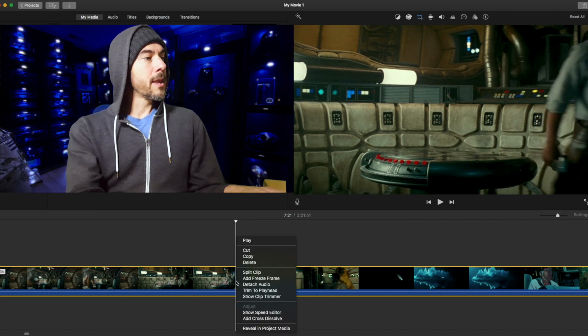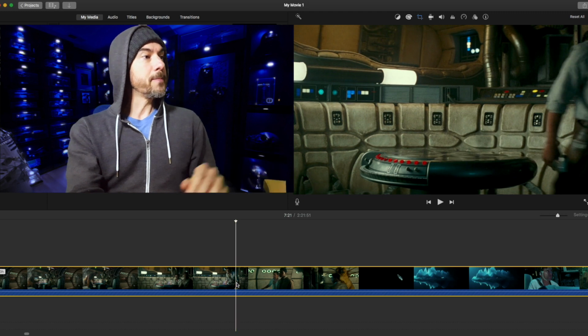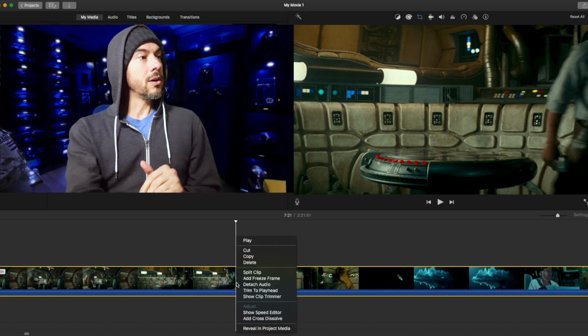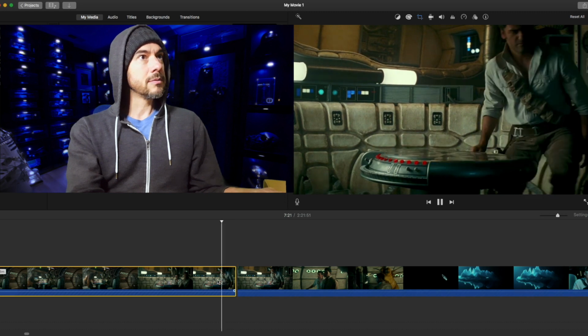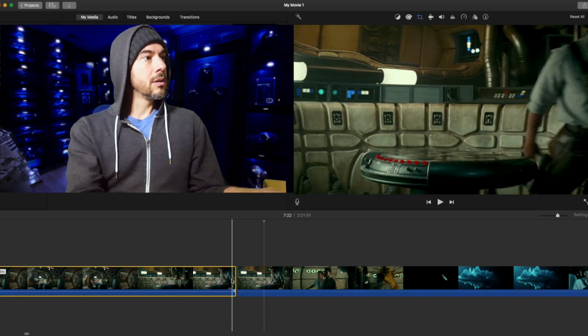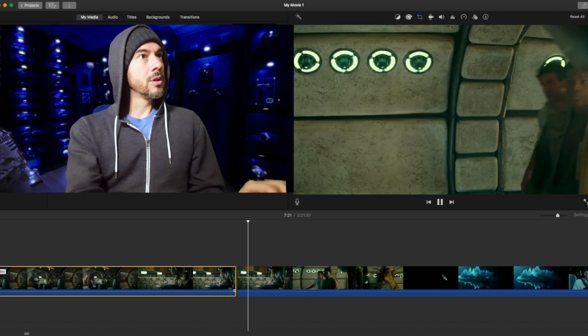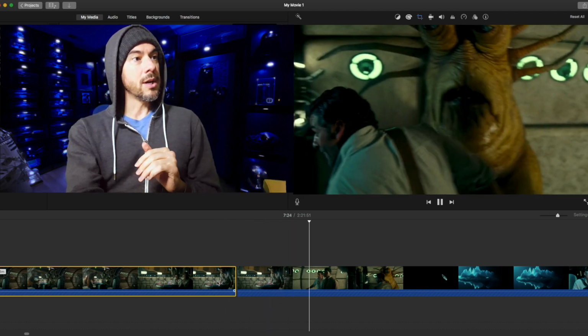So basically, we do a left click of the mouse where you want to cut, and a right click to highlight, and then we want to click split clip. So we're just going to check that. Klaud, I hope you fix that surge. So I'm going to cut out this entire section